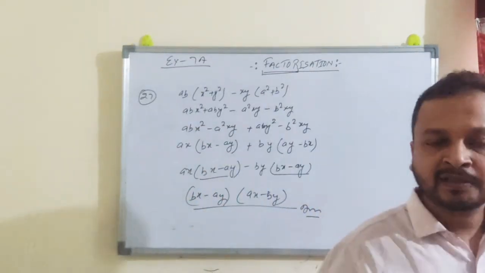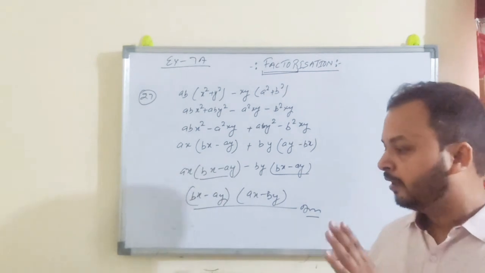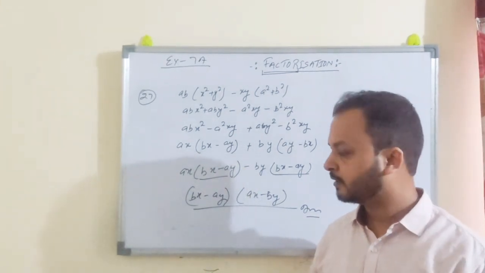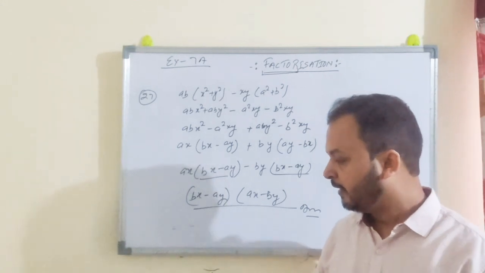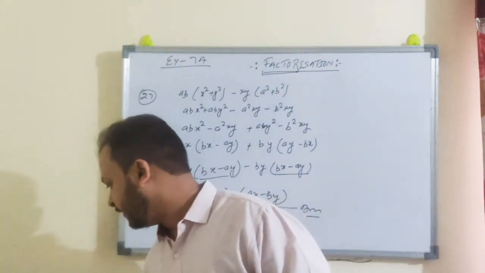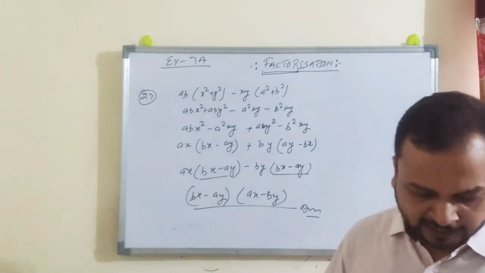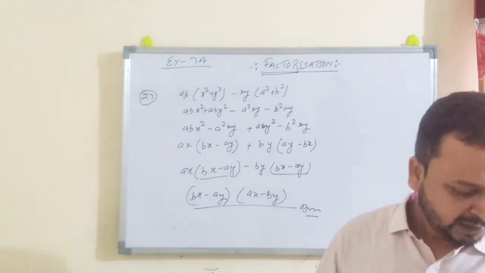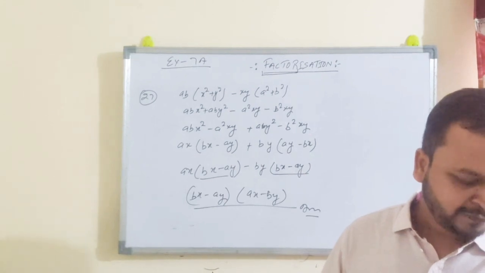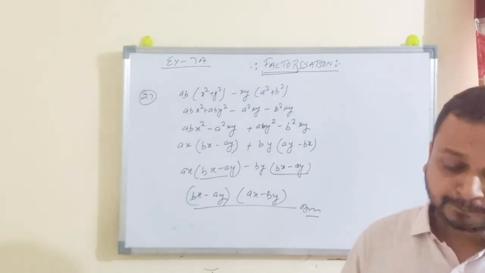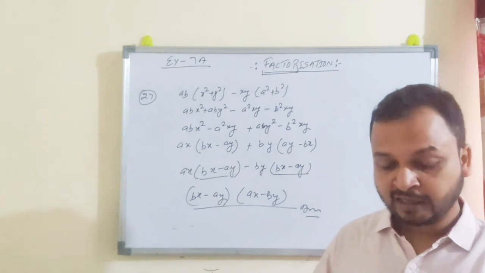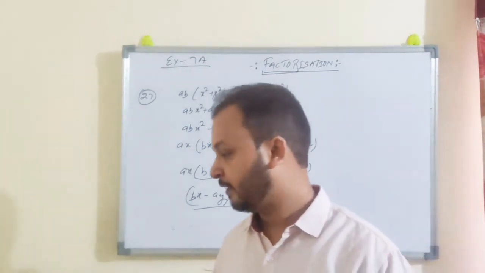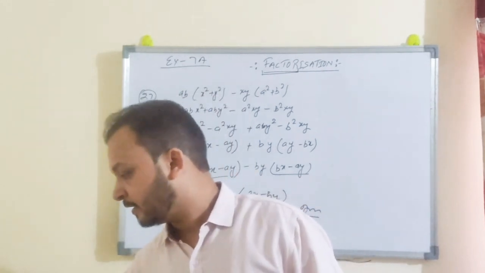So we have done exercise 7a. And we have also done the basics. So in the next video we will discuss the identity part. The special identities are given, that is a square minus b square, the difference of two squares, and after that the perfect square factorization, and then the last part, that is factorization of a quadratic trinomial. It is very interesting. We'll discuss later.